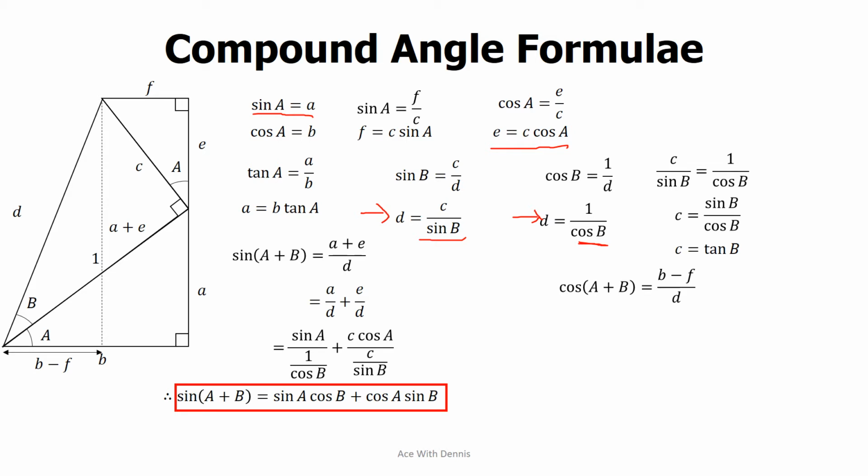Now we move on to cosine A plus B. So based on this triangle, it will be B minus F over D, right? And then we substitute B, F, and D. We split them first, B over D minus F over D, right? And then for B will be cosine A over 1 over cosine B. Then C sine A over C sine B. So why? Because B is